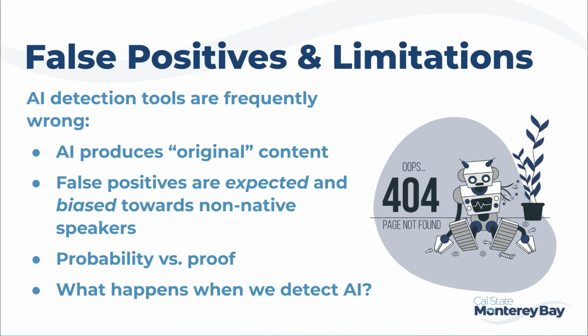So I've mentioned false positives a few times throughout this presentation, but it does bear repeating. Many AI detectors out there will note that there is a likelihood of false positive results, which makes sense because these tools are designed to mimic real and natural human creations, right? So the other problem is that these are technically original works. It's one thing to detect a perfect copy as plagiarism, or detecting certain sections of perfect copies.